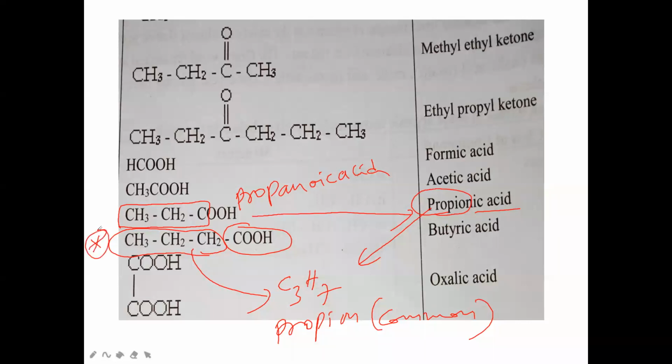So we are discussing this molecule now. What is the IUPAC name for this? The IUPAC name is propanoic acid. In IUPAC naming, we say prop, and in common naming we say propion. Remember, propion is the common naming system, the trivial system, and the other is the IUPAC system. So propanoic acid is the IUPAC name, and propionic acid is the common name. Okay. So which molecule are we discussing now? This one, sir.